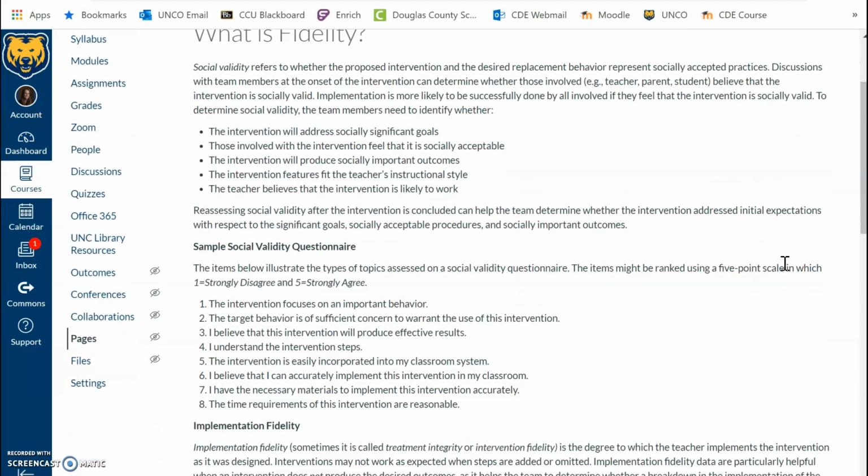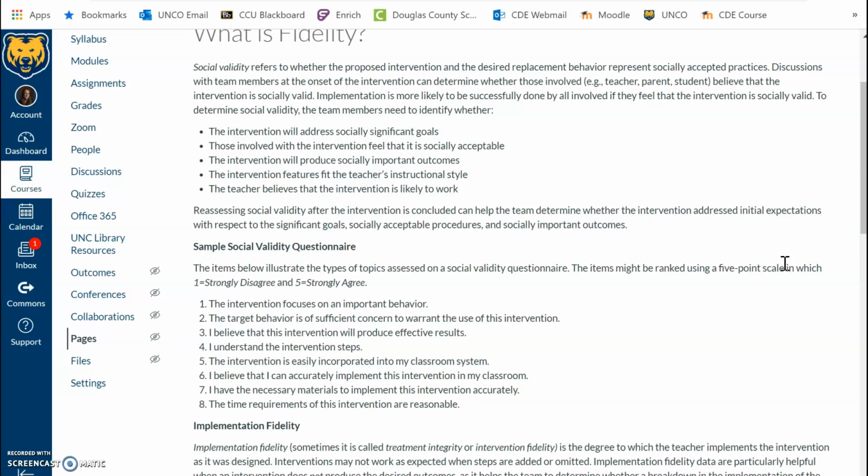Then, in addition to that, we're taking a look at fidelity here and the social validity of an intervention. So with social validity, we're taking into consideration whether the new behavior that we're teaching, or the FERB, is in alignment with socially acceptable behavior or practices. So we really need to think about culture here and what is most appropriate in the school setting, what is not causing harm to the student or to others,